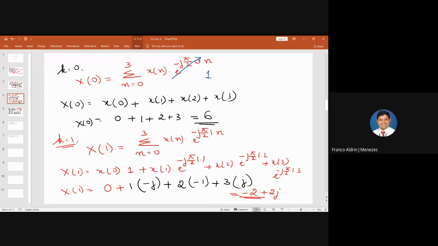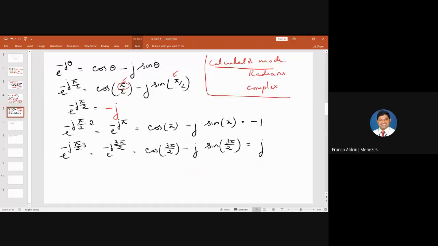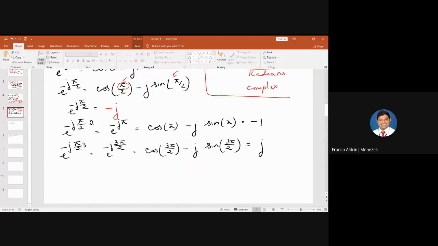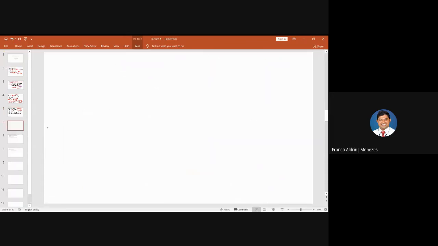So whether this is clear, how to solve the problem? Whether the steps are clear? Yes, no? Yes, sir. Yes. So the next part is we have to substitute, change the value of k now. So we have done with 0 and 1. So other two more values are remaining. That is for k is equal to 2 and for k is equal to 3. So we will do with that particular case and then move on. So you can try solving that.